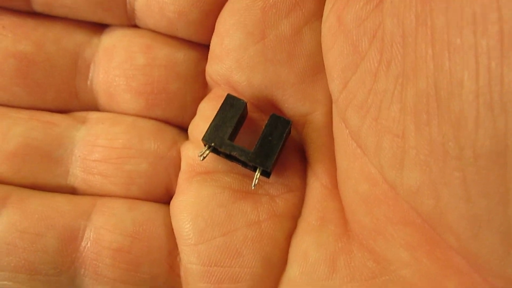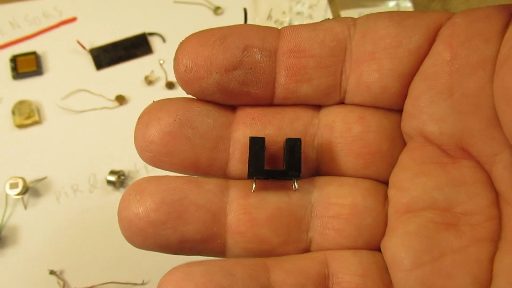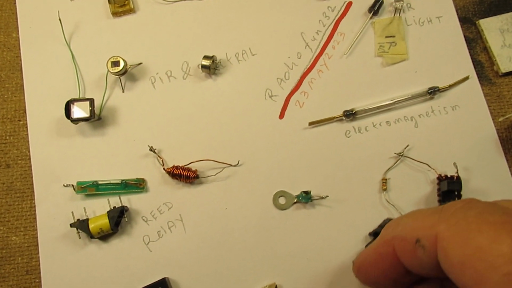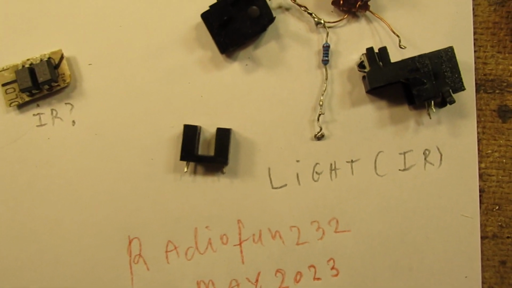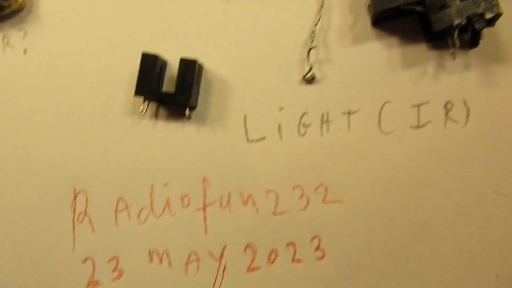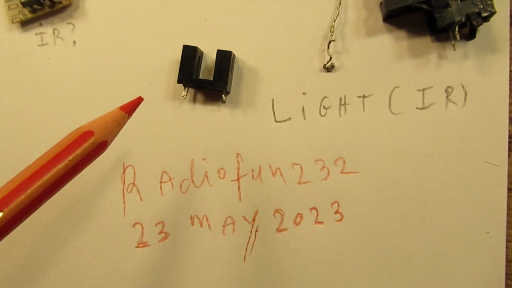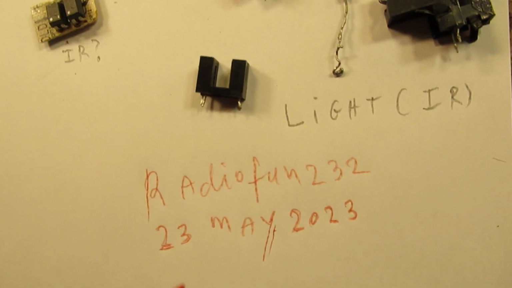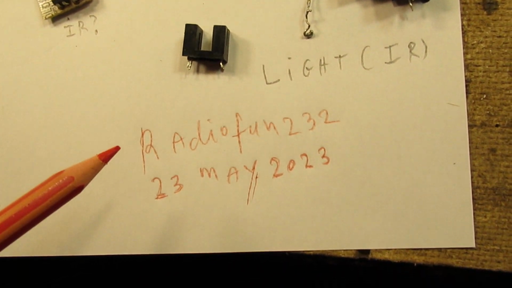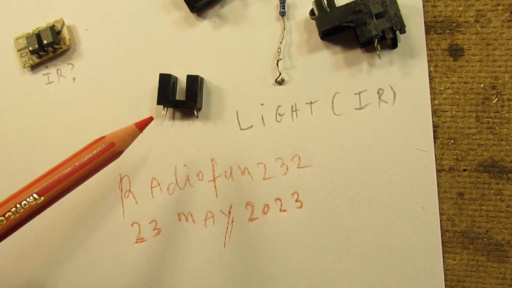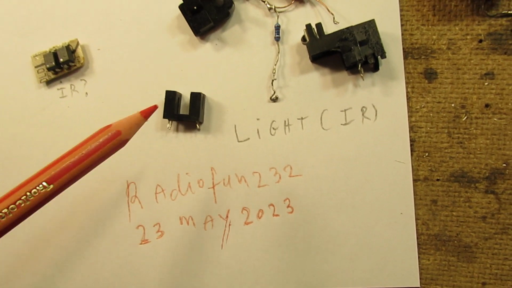Though light in the visible spectrum can have an effect on the sensor, and that's a reason why, for instance, in a computer mouse it's completely dark. So when this gear moves, signals are sent to the computer, etc. So in general no light may enter, but sometimes